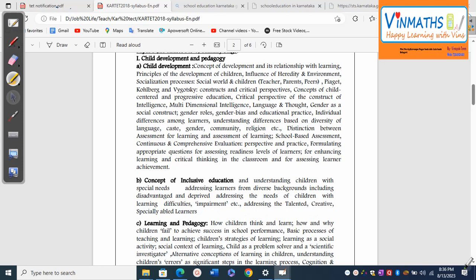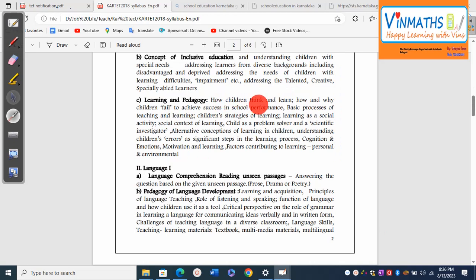Third subtopic will be learning and pedagogy. How children think and learn, how and why children fail to achieve success in school performance, basic process of teaching and learning, children's strategies of learning, learning as a social activity, social context of learning, children as problem solvers and scientific investigators,